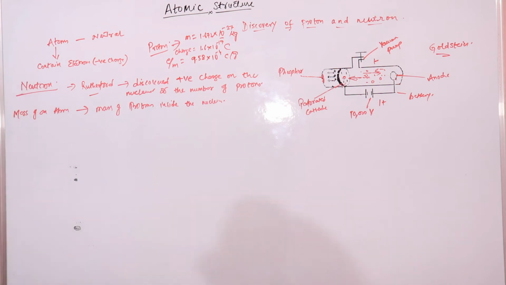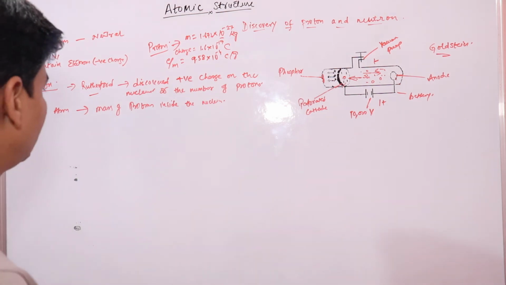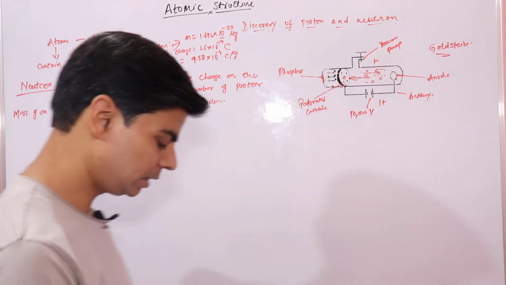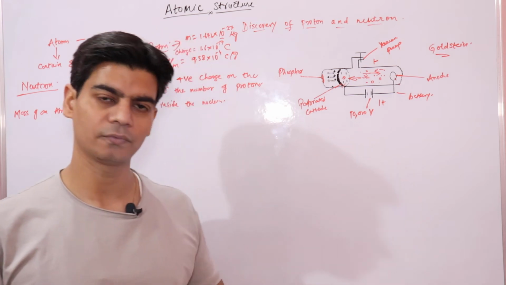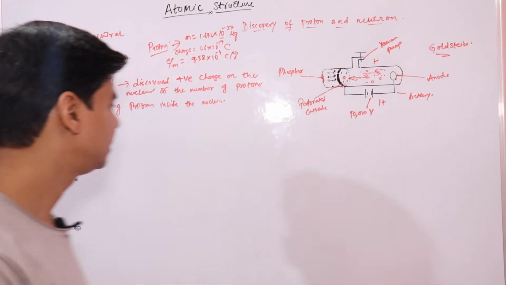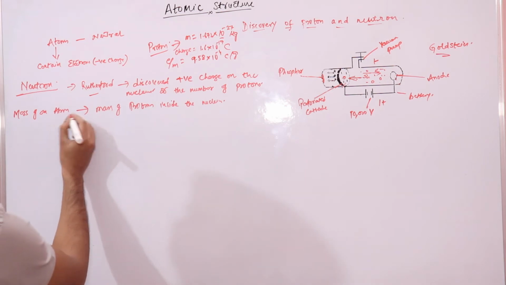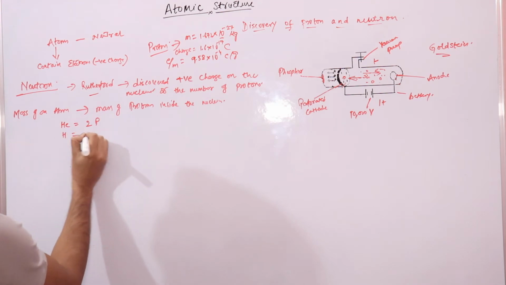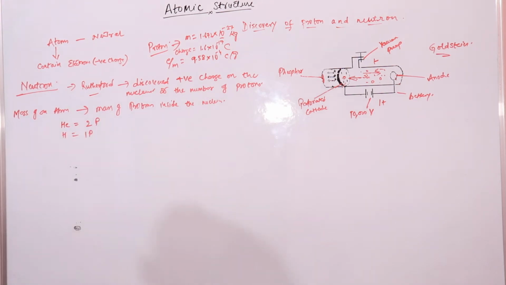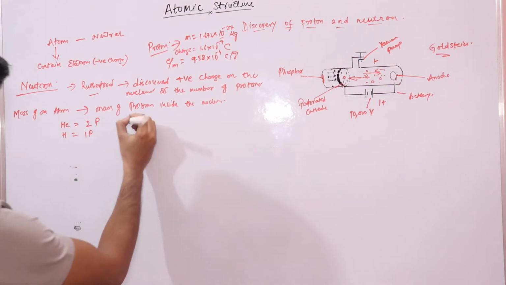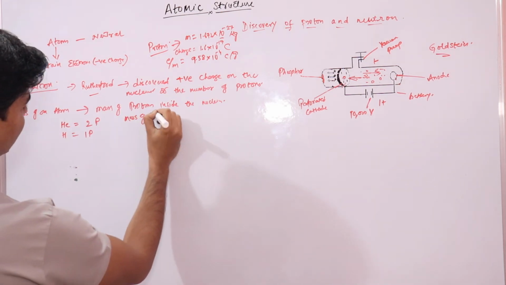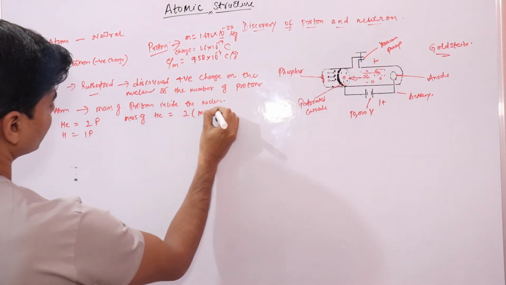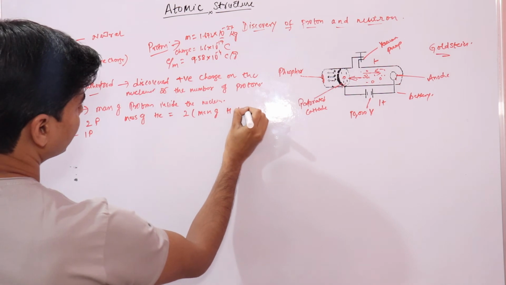Till this point we do not know about the neutron. So when we tried to find experimentally the masses of various atoms, for example, if we know that helium consists of 2 protons, whereas hydrogen consists of 1 proton, then the mass of helium should be equal to twice the mass of a hydrogen atom.